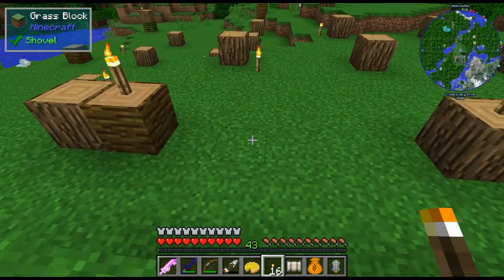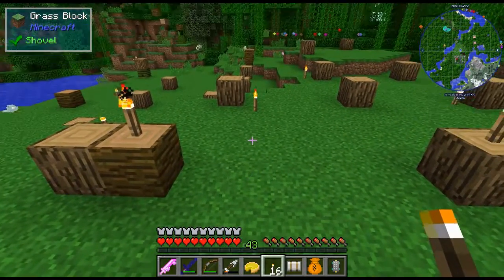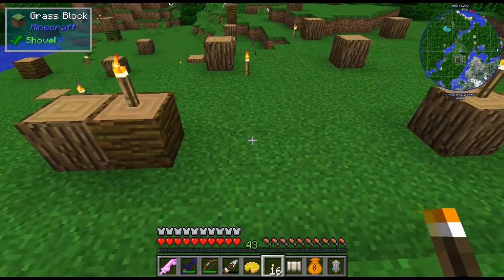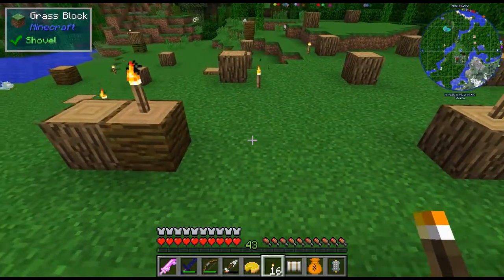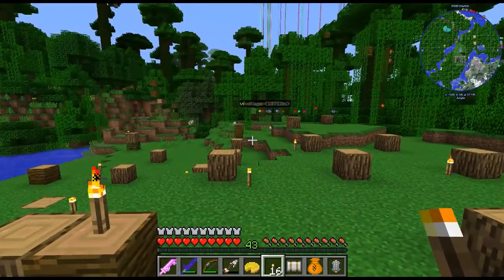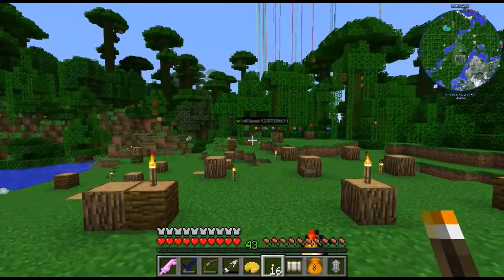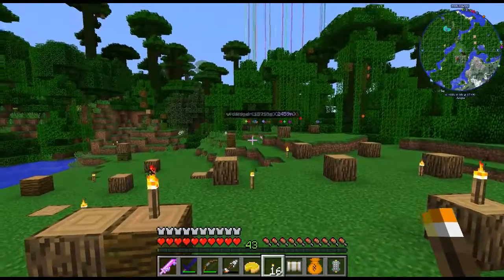Of course, right away, for the wither skeleton, like I said, that will have to be open so I can actually take a swing at them. The other ones can be enclosed. So, this is actually going to be...